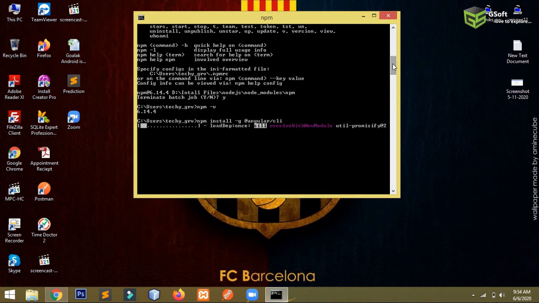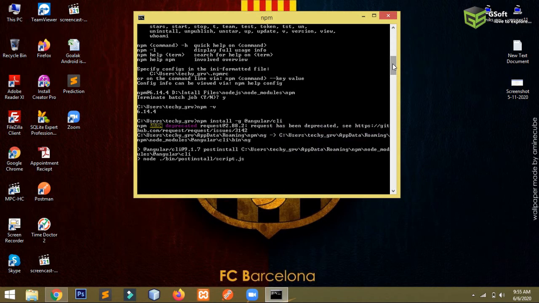And there is no such dependency like PHP, that you have to install, or that you have to create your project under htdocs only, or in the localhost folder only. In Angular you can use it from anywhere on your Windows. So I'll show you. And you can see it's already installed, and it has taken almost 206 seconds.